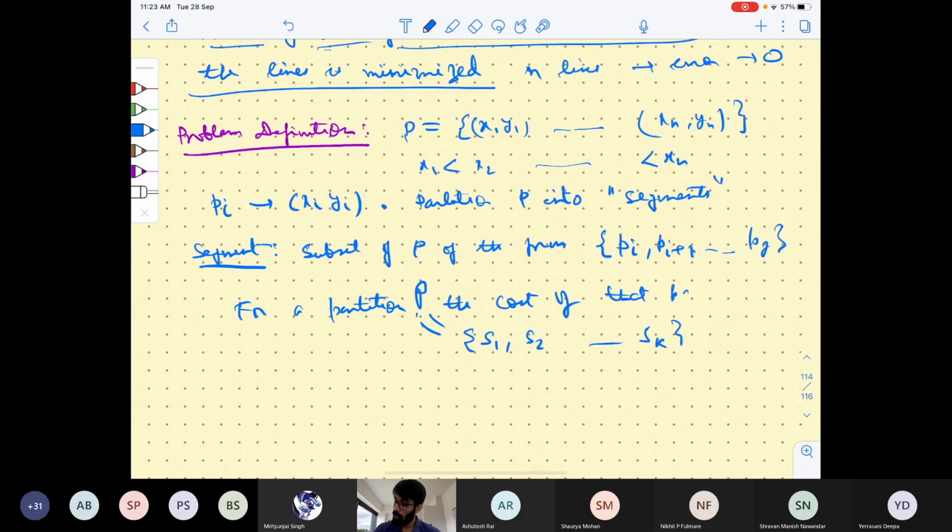The cost of that partition is into subsets. So let's say the cost of this partition is equal to C times the size of P, plus